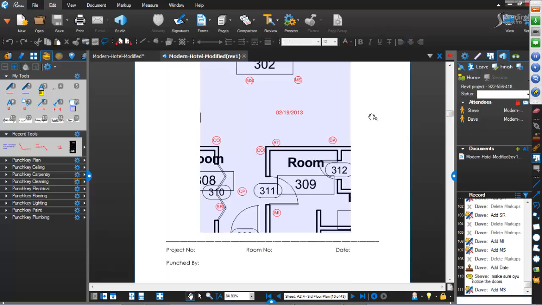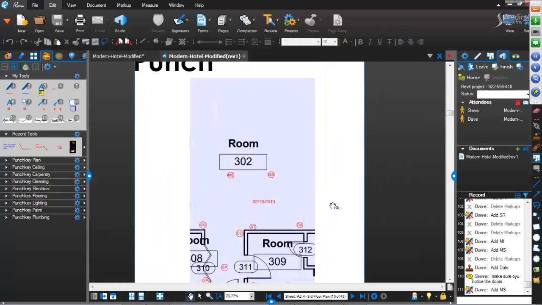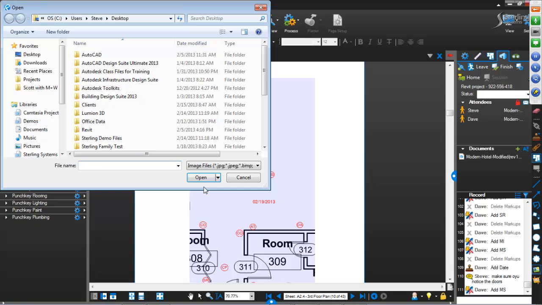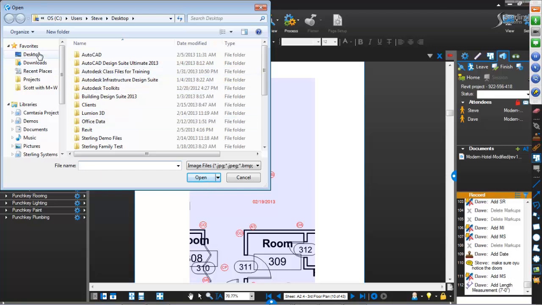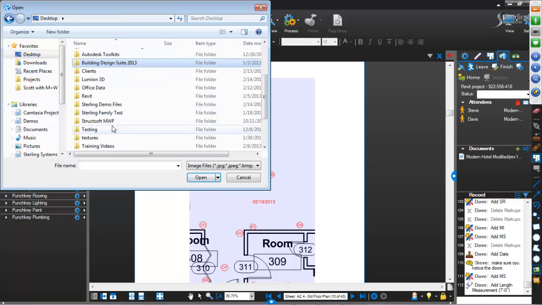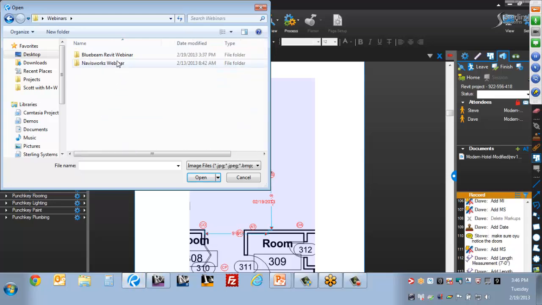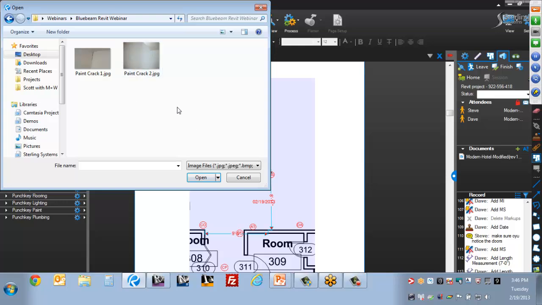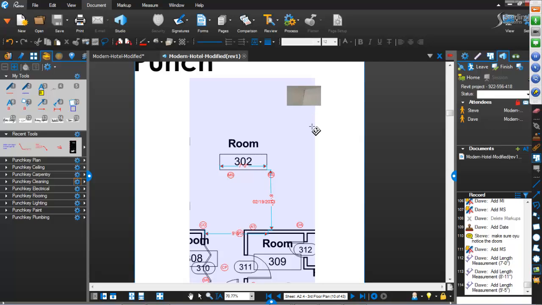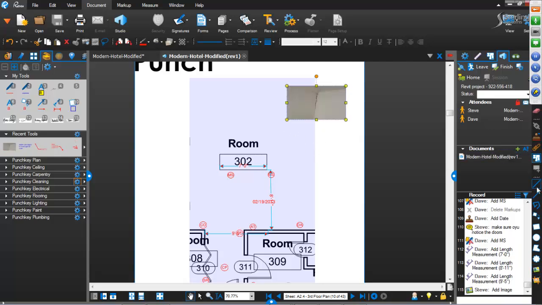And we can actually come in and add some pictures very easily with one of our markups here. As you can see, we have an image we can add, and I can add the image that I took in the field with my iPad, and there's one crack right there. And let's just say I can put it right there and then add a comment to my